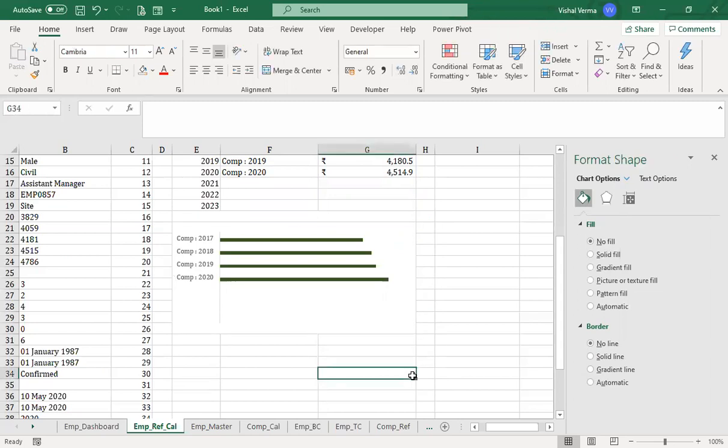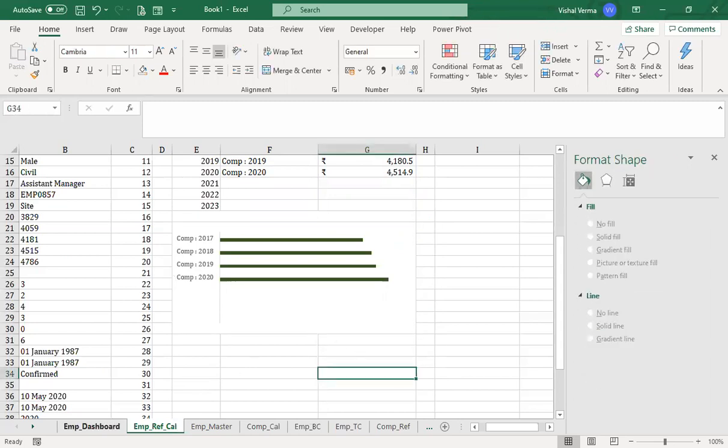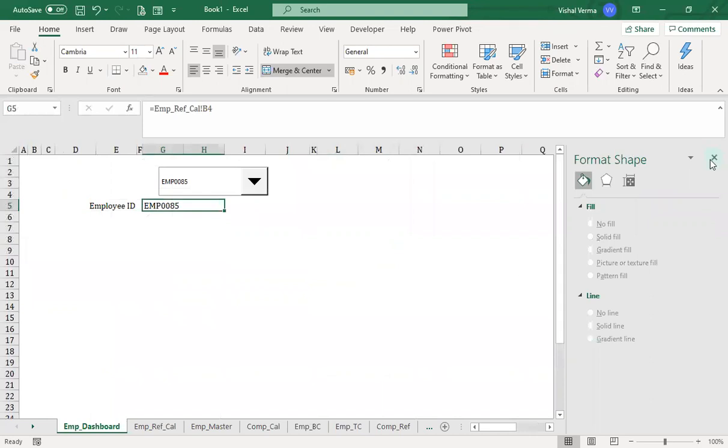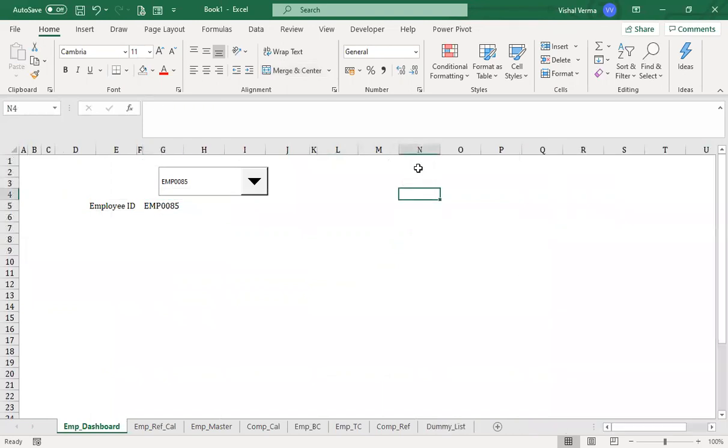In our employee dashboard, we want the information related to compensation. Say for example, we are putting here the compensation related detail.